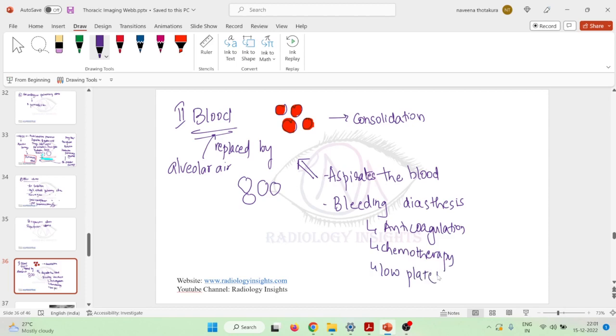Or if the patient has any leukemias, in all these conditions you can see that the alveoli are replaced by blood,